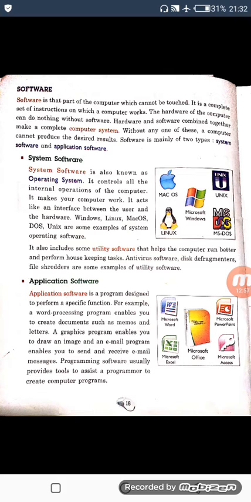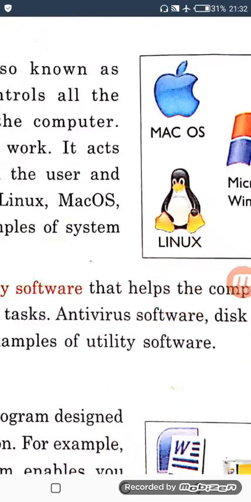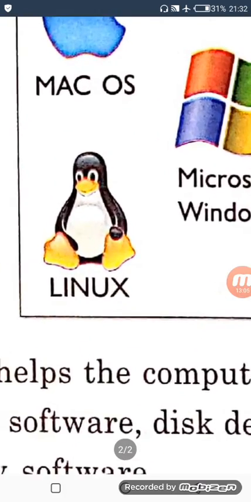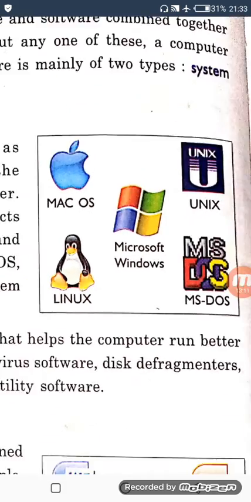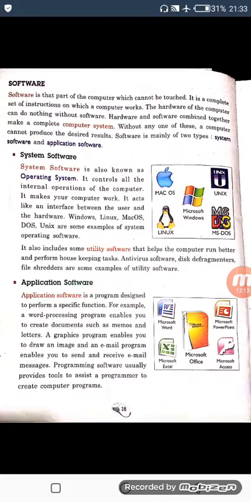So basically I just want to give you a brief description. What is system software? You can see that here is an image of Microsoft Windows. I think you are more familiar with Microsoft Windows than other operating systems.